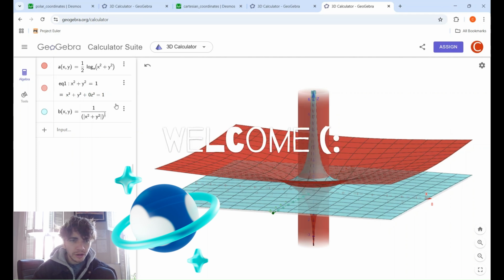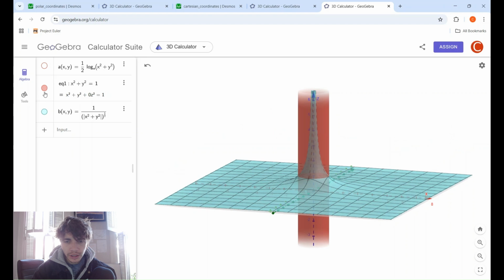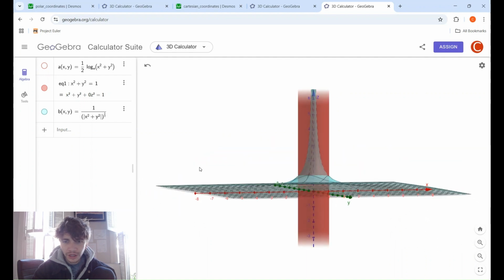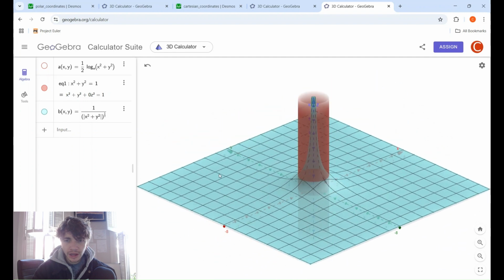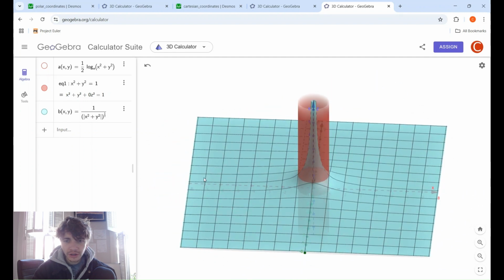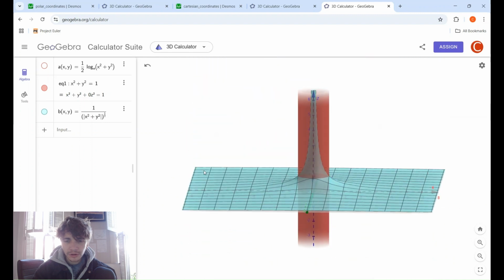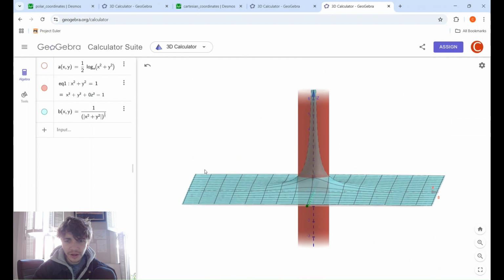Okay, so right now we're looking at the graph of 1 over r as a function from the two-dimensional Euclidean space R2, from the plane, into the real numbers. And the graph of the function 1 over r is shown in light blue here. And I've drawn a cylinder centered at r equals 0 in the xy plane to emphasize an important aspect of